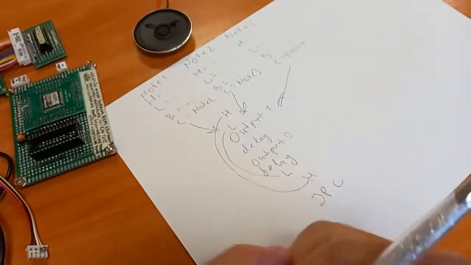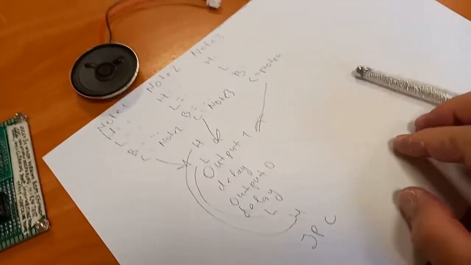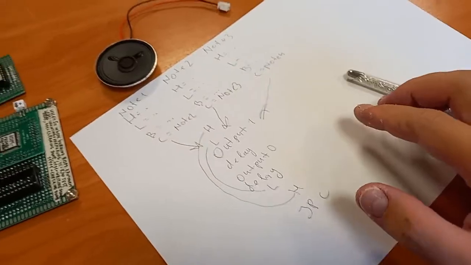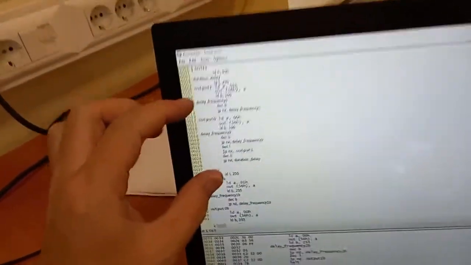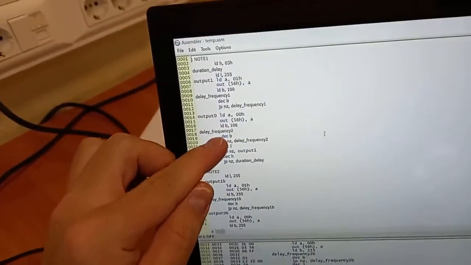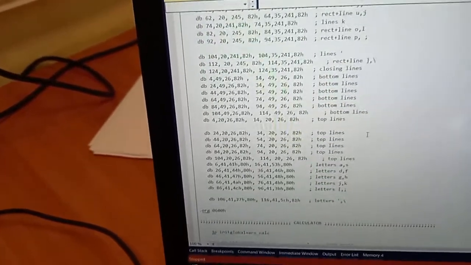So we can write much more efficiently using this, setting these registers instead of copying this outputting, delaying. And I have already this code. Let's copy this from the Atmel Studio into